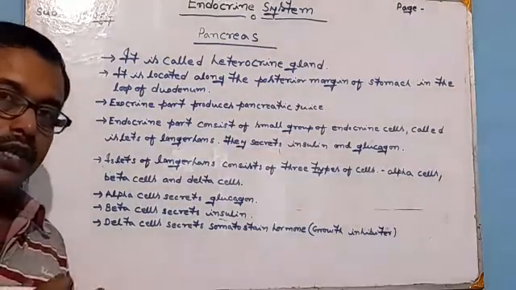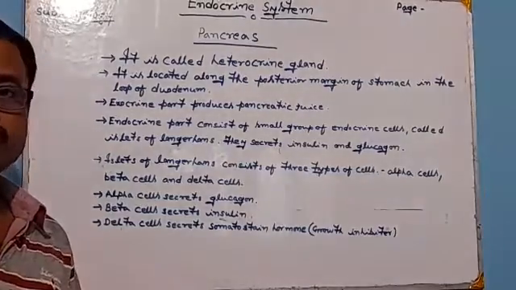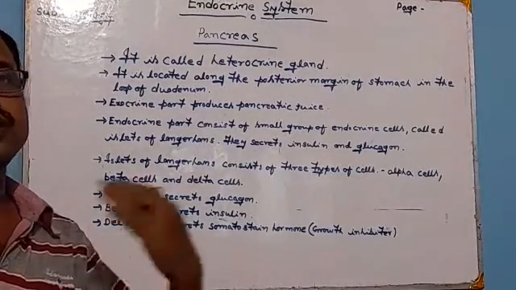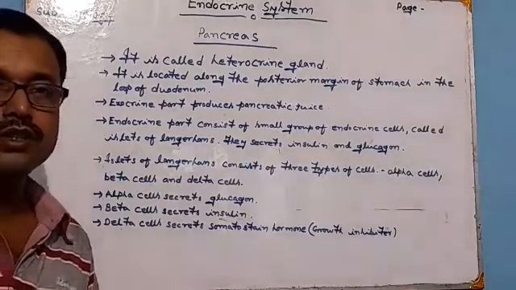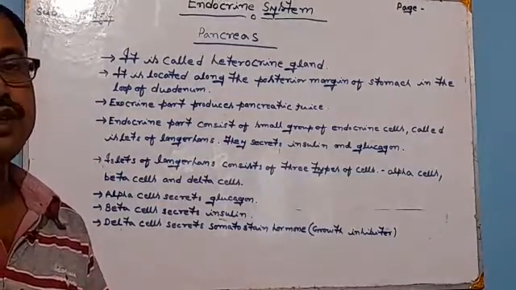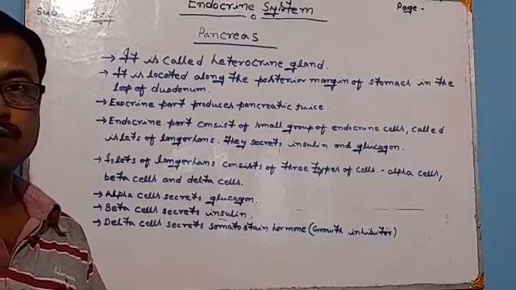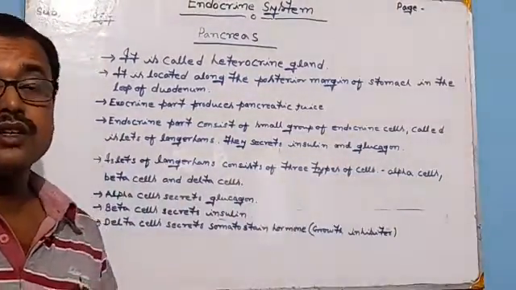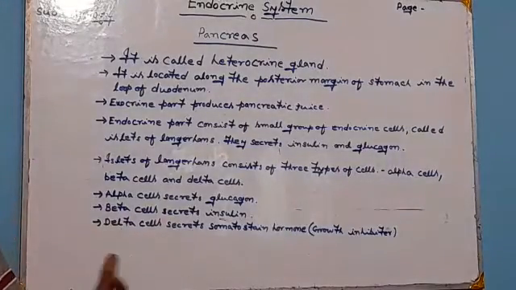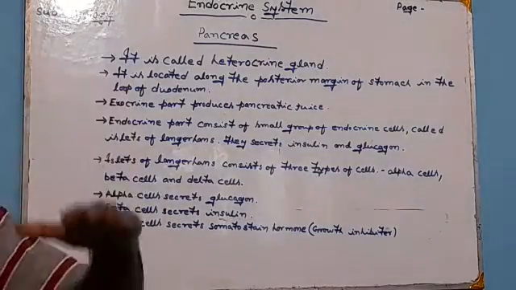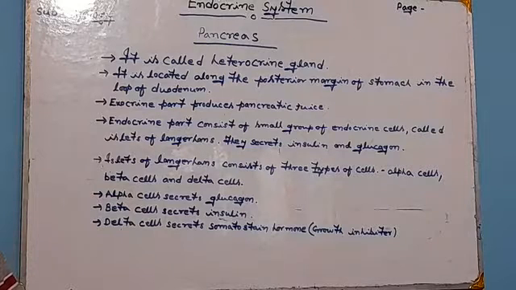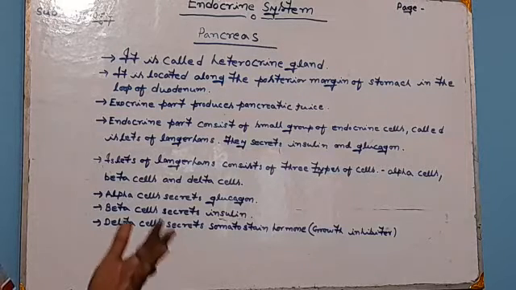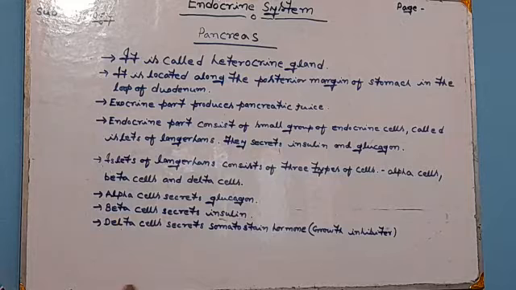On the other hand, glucagon actually opposes the action of insulin. Okay, that means when glucagon is secreted in more amount, the glucose level rises, and when it is secreted in less amount, there may be chances of decrease in the sugar level. Okay, that means both the hormones play a very important role in carbohydrate or sugar metabolism, so that the glucose level of our blood remains maintained.